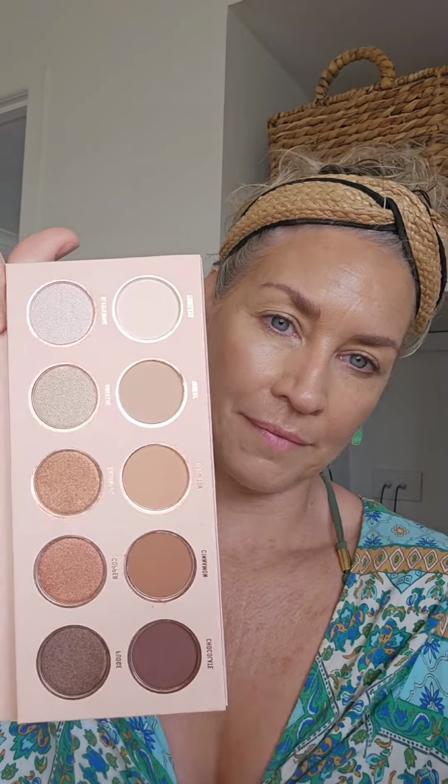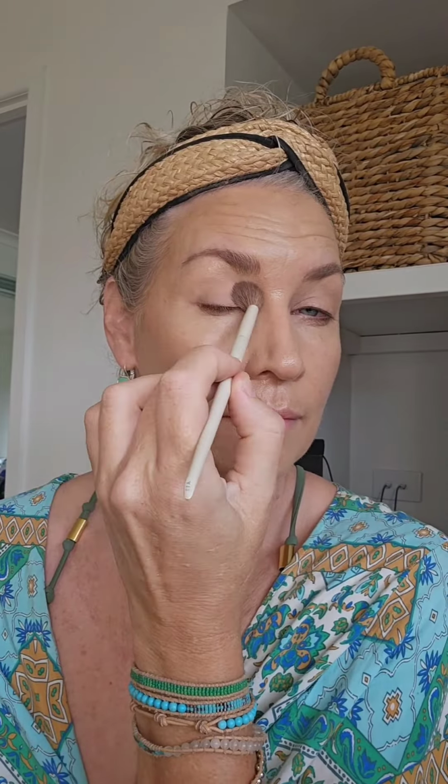Now, this is the Sports Girl palette, and it's the neutral hues. A relatively cheap palette. It is $20, and I think I bought 2 and received 1 for free. So very, very cheap. I've never used this before, so I'm going in with Wheat, which is a really nice light tan shade. I've gone in twice just to make sure I really pick up that color, and I'm washing that all over my lid, up into the crease, and just creating a bit of shape. I'm also running it down underneath my